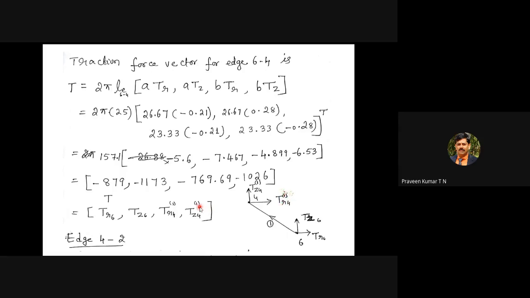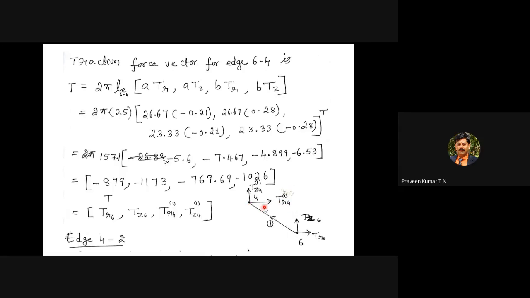The reason for putting the superscript 1 is that we have traction force acting at node 4. TR4 is nothing but the traction force acting at node 4. Which is the contribution from edge 1? Edge 1 is subject to a uniformly distributed load. Since it is a uniformly distributed load, we convert it into a point load. The point load is along the R direction, and in the R direction it is TR4.